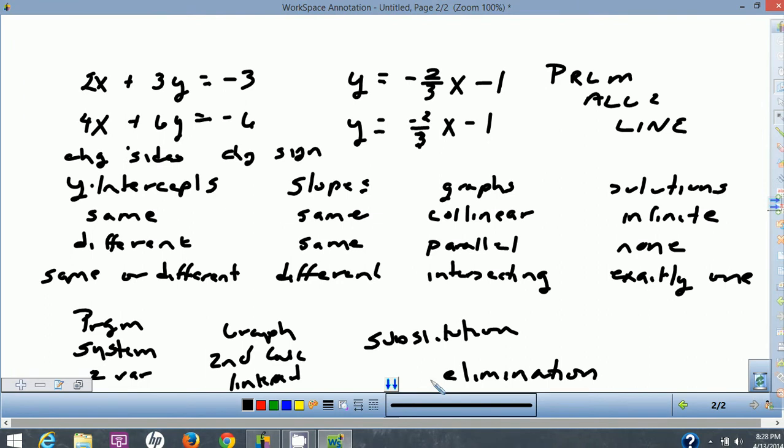You're trying to get done quickly, but be careful that you're putting everything in with the correct sign. All right, that's a